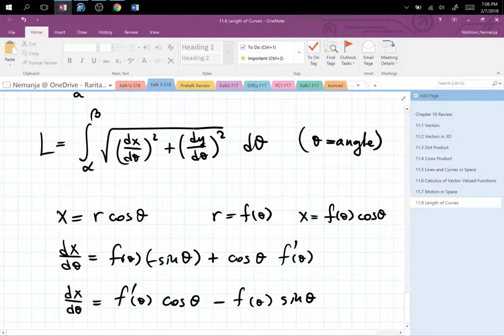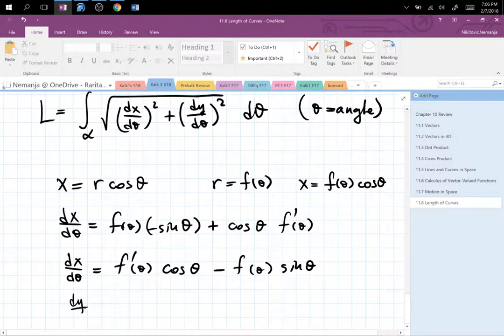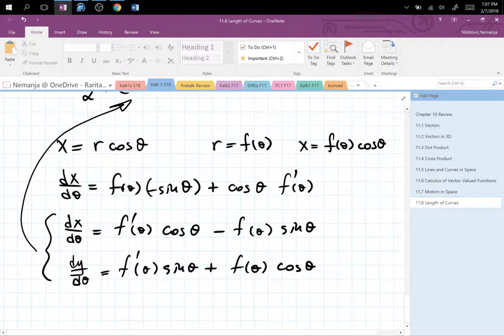This derivation was done in your chapter 10 in Calc 2. Now, you have another one for dy d theta, which was f prime theta sine theta plus f of theta cosine theta. These two plug in